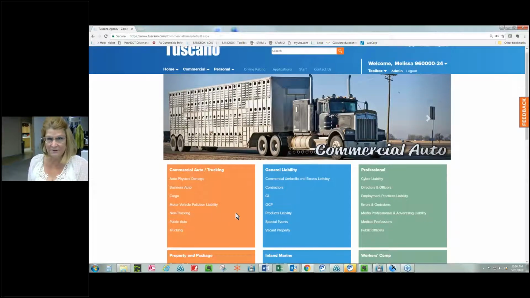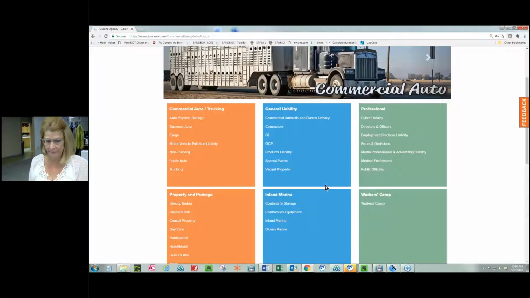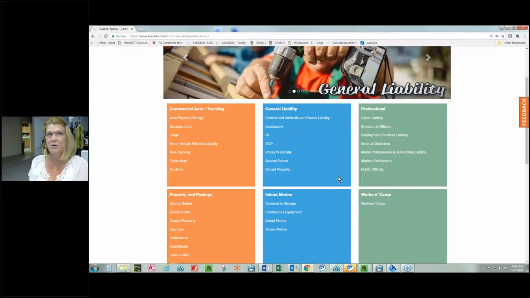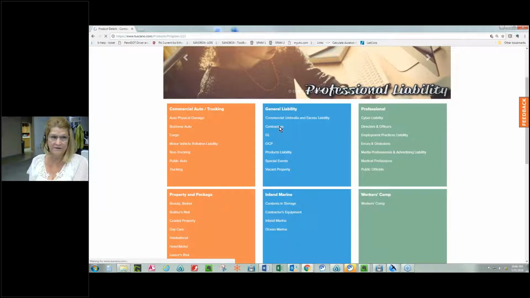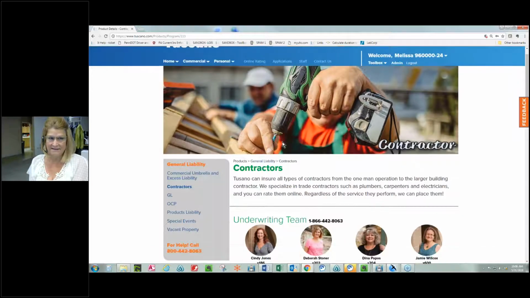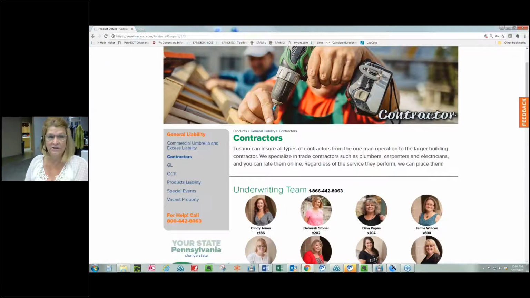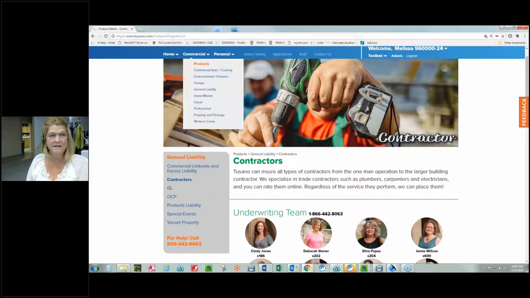We write environmental and pollution-related exposures. We can write consultants and contractors who have environmental exposures, such as water restoration contractors, asbestos abatement, water treatment plant operators, and many other classes. These markets can offer general liability, pollution, professional, and also transportation pollution. So it's basically a one-stop shop to cover those exposures in one nice little package.